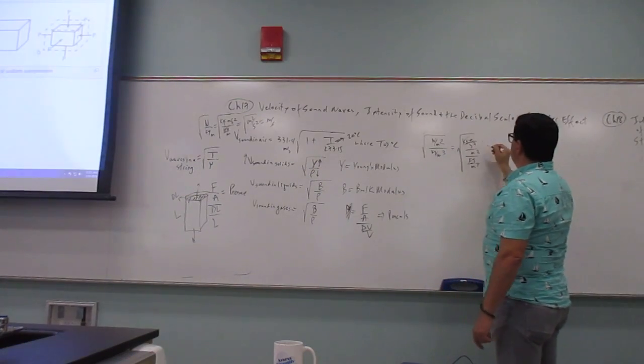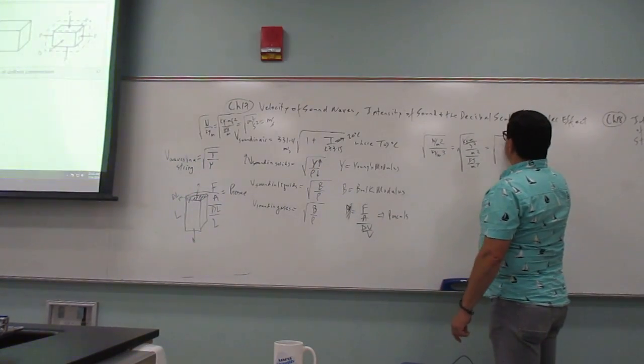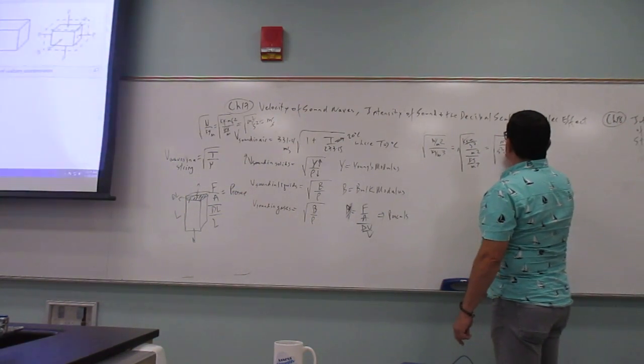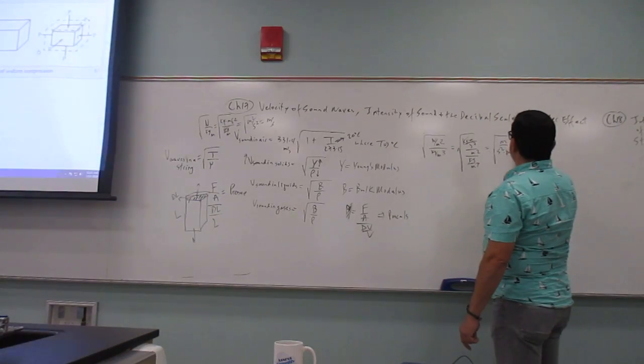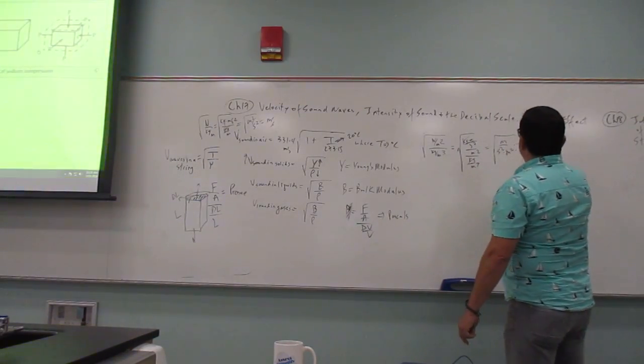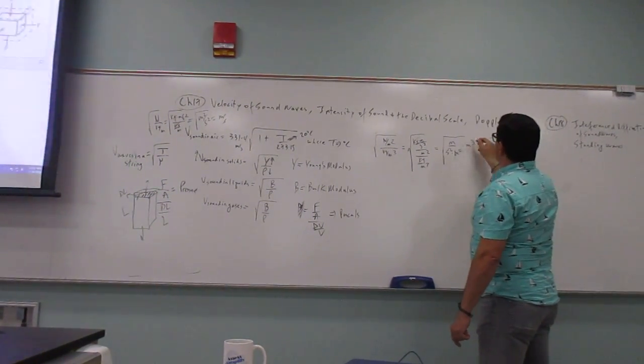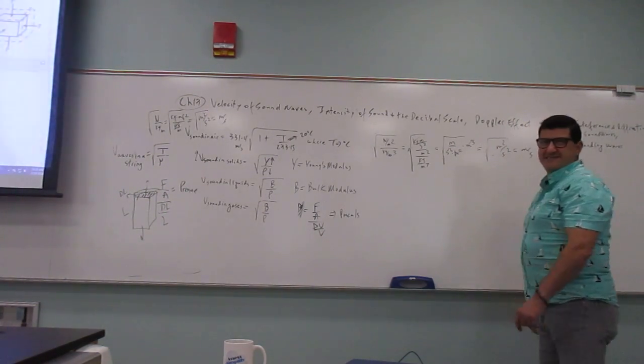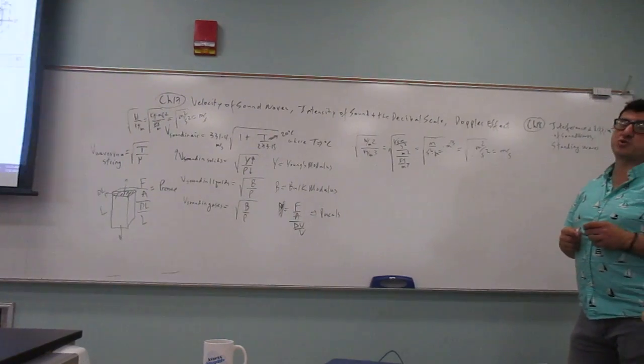So the kilogram cancel. You get meter per second squared, meter squared times meter cubed, which equals square root of meter squared over second squared, which is meter per second. You see? So it has to always